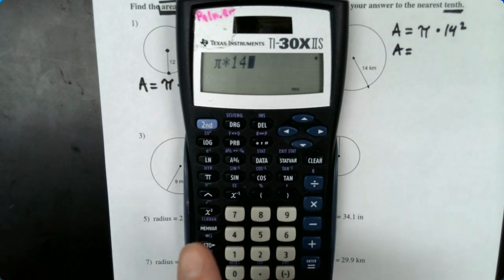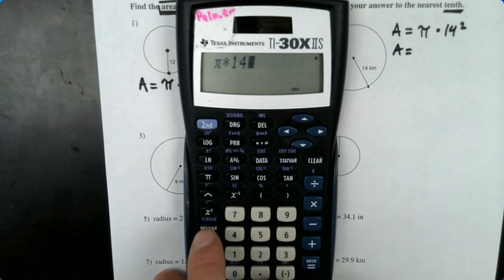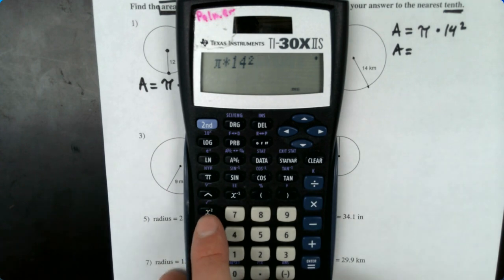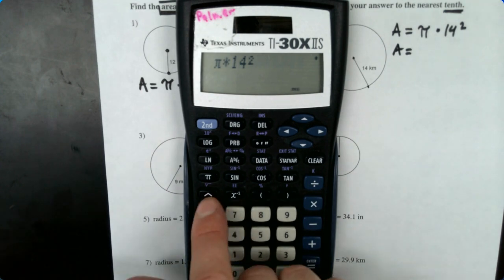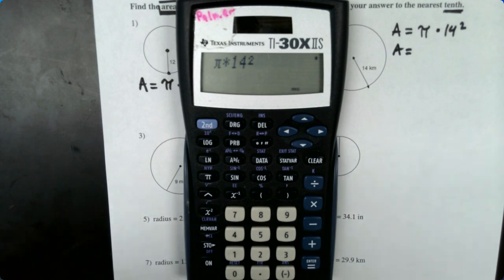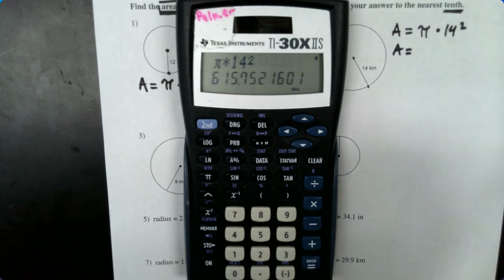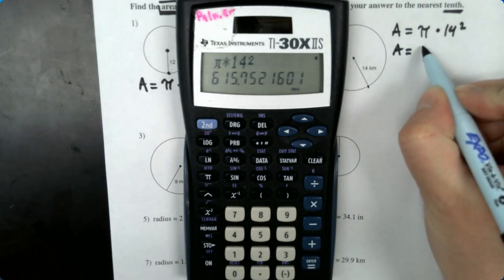There's a few other ways to do squared. So if you have a different way you like to do it, that's fine. You could do 14 times 14. You could do 14 with this caret and then a 2. Lots of ways. Okay, and then our area is